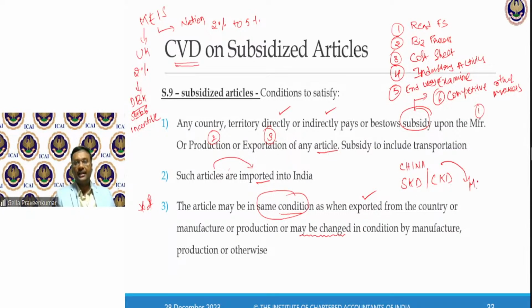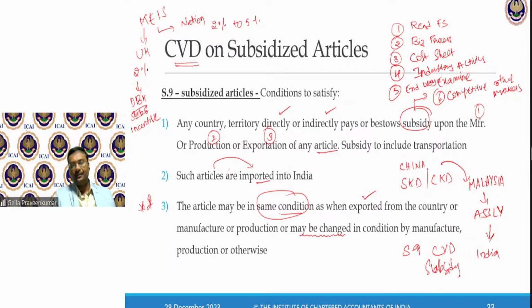It reached Malaysia. In Malaysia, there is an assembly which took place, and they say this is manufactured and the goods are traveling to India. In this route, directly or indirectly, when there is a change in composition, then the ministry may invoke provisions of Section 9 to levy countervailing duty to safeguard against this subsidy.